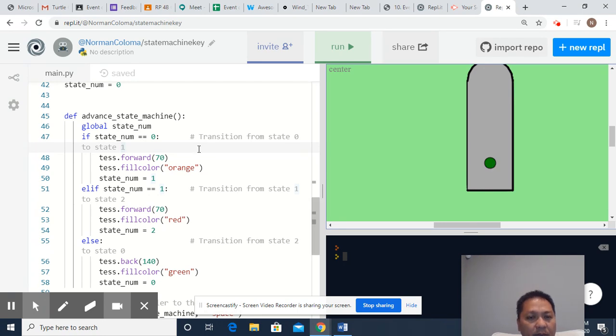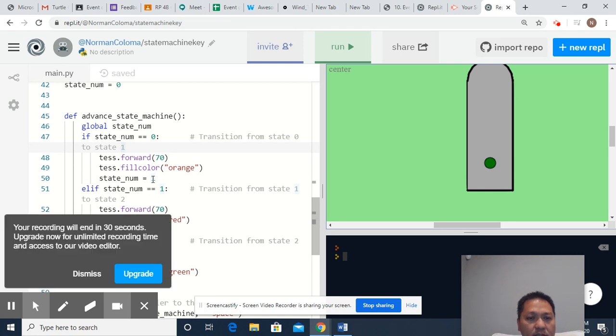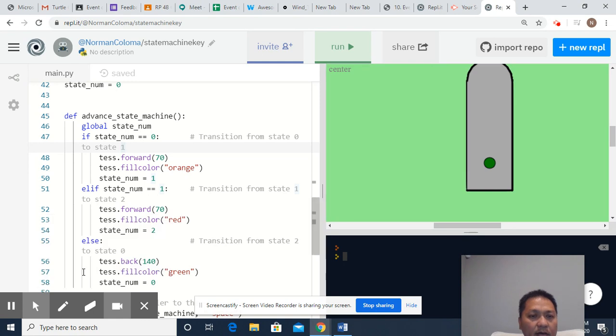If we press the space, it will move forward and change its color into orange, and then it will change the state into 1. So if I press space, oops, sorry,